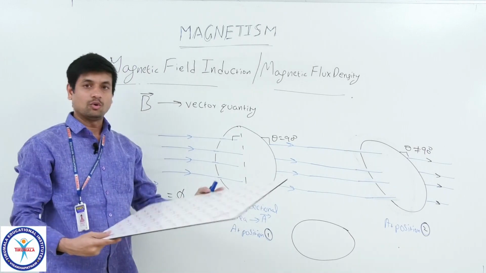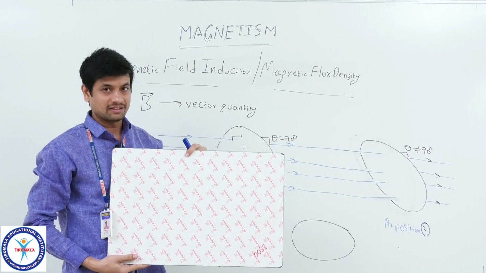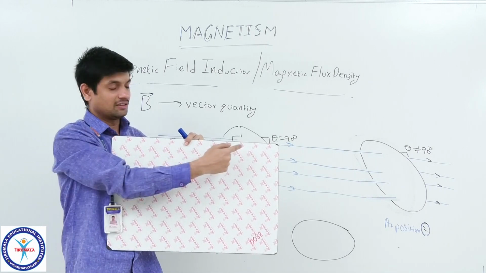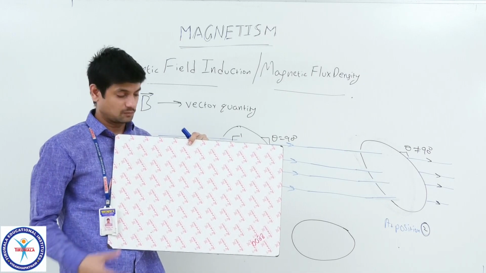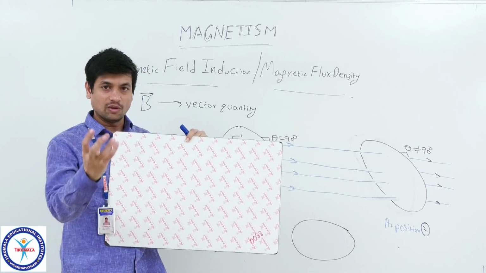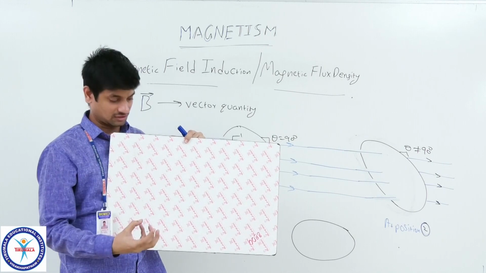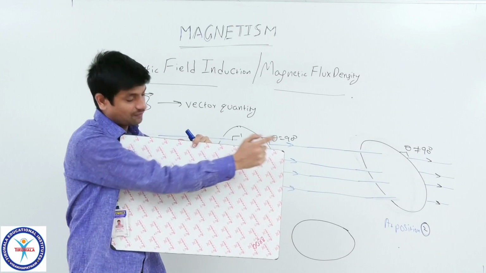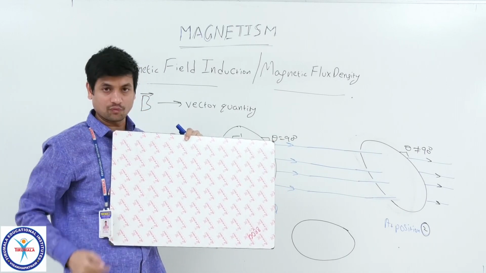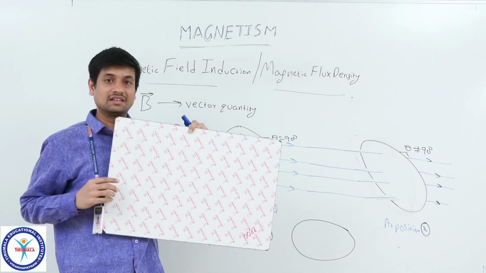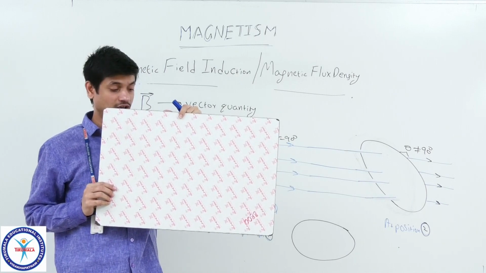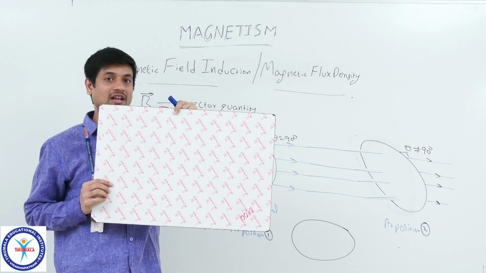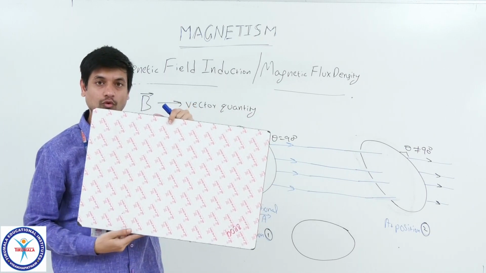I am now taking one plank. Look at this plank. How much area? Maybe this side half meter, this side 75 centimeters. Among this area, if you send balls, how many balls can be sent? 1, 2, 3, 4, 5, 6, 7. This side 1, 2, 3, 4, 5. So, 5 into 7, 35 balls can be sent if this is the unit cross sectional area which is allowing the flow of balls.